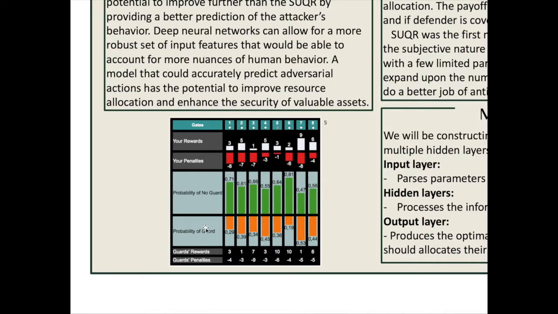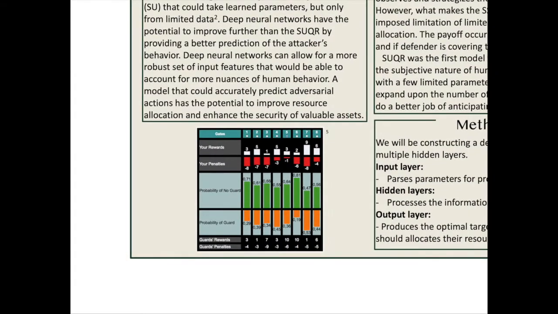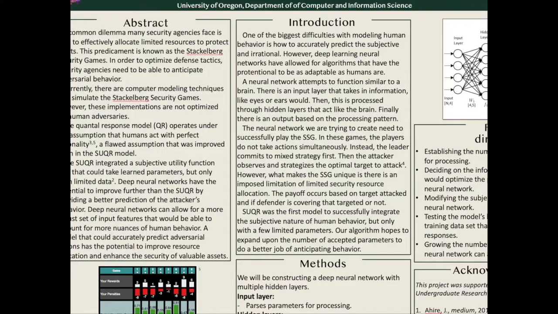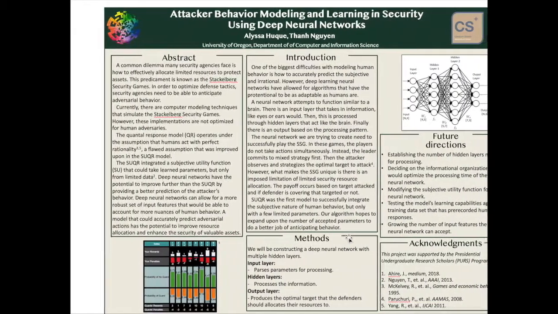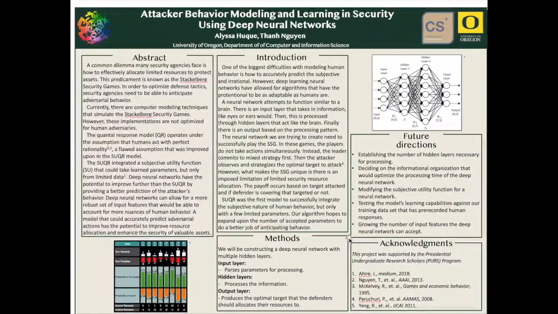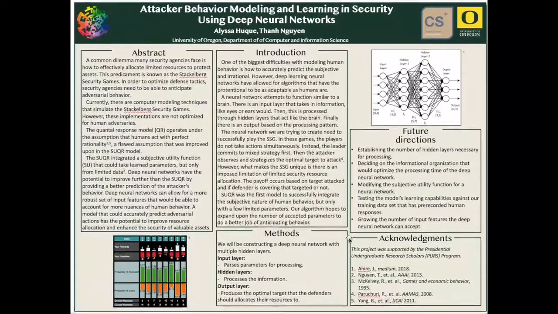What we see in this data is that people are not perfectly logical. Previous quantal response models that predictively played the Stackelberg security game operated under this assumption. However, in the subject data, we can see this assumption is flawed, as people make decisions with some subjectivity. Sometimes people make decisions based solely on the potential rewards or are wary of the possible penalties. People are not always rational and predictable.